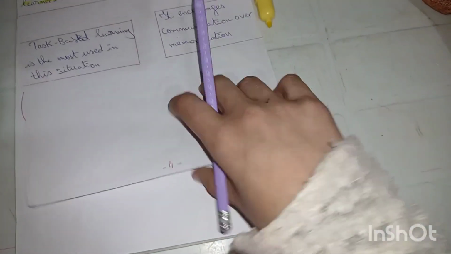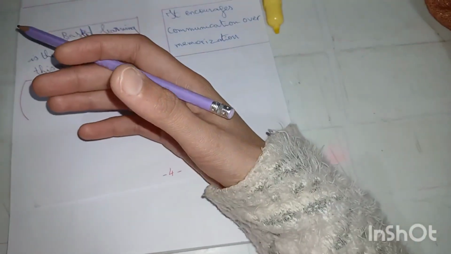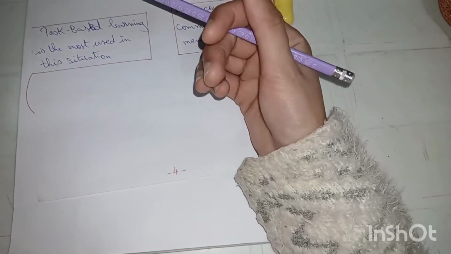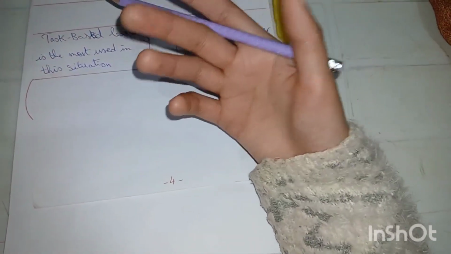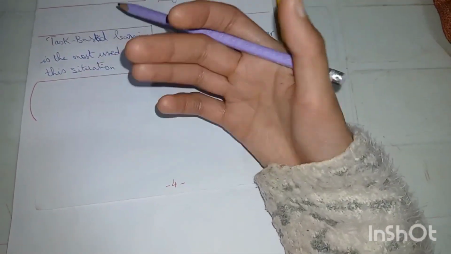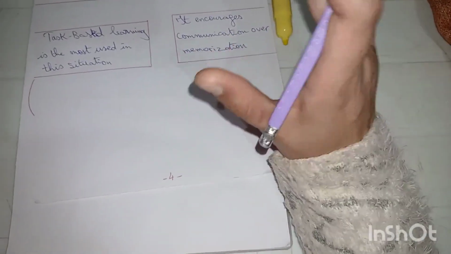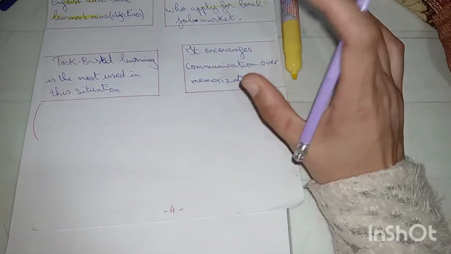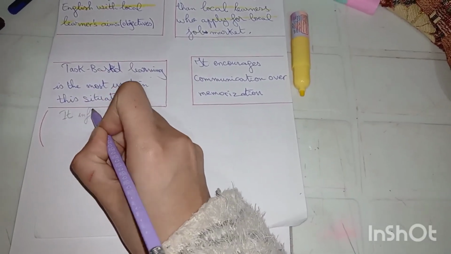Okay, and then we have task-based learning. Task-based learning is the most used in this situation. We say task-based learning is a kind of learning method in which the teacher is just a facilitator, and he gives his students, his learners, tasks and practices, and he just gives them and leaves them to interact with each other and solve those practices, and then he just tries to correct them sometimes. This method influences or enhances